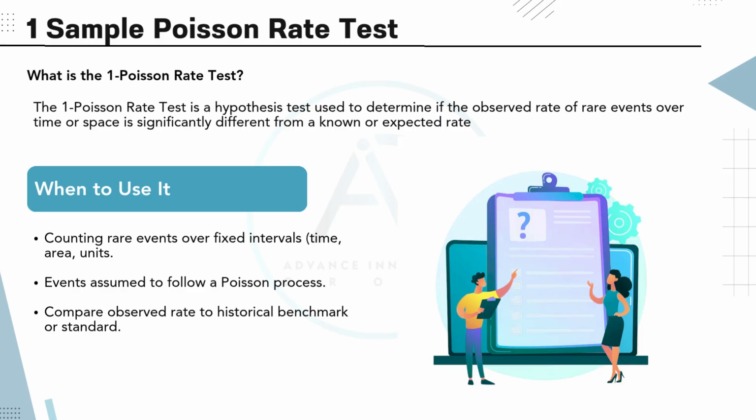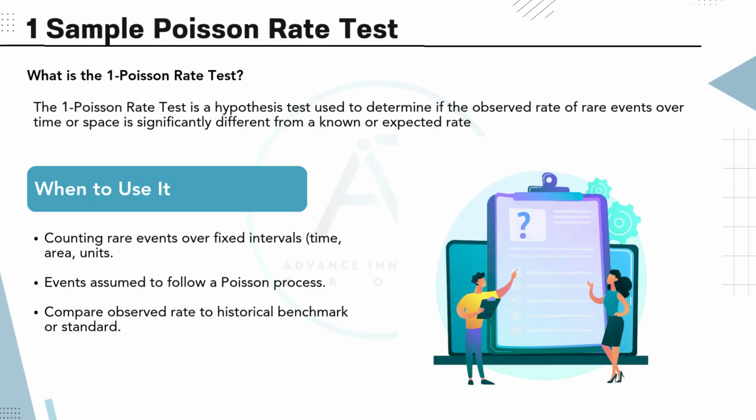For example, if your historical rate of machine failure is 5 per week, but this week you recorded 9, you can use this test to determine if this increase is statistically significant. Summary. This test helps in quality control and operational decision-making where benchmarks or standards are in place. It's a useful tool to confirm if a change in rate is just a random fluctuation or a statistically significant